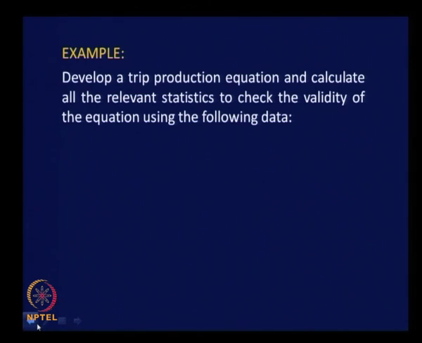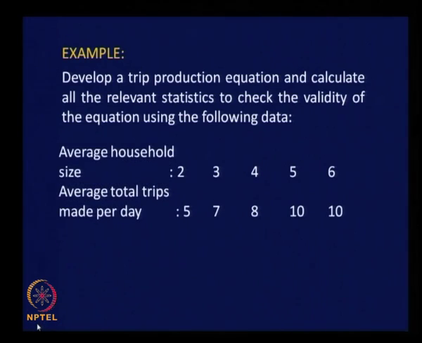And with this understanding, let us consider a small numerical example of development of trip production equation involving again only one independent variable, right. The example is this: you have been asked to develop a trip production equation and calculate all the relevant statistics to check the validity of the equation using the following data. This is the data given: